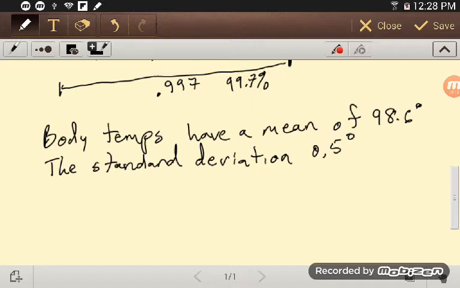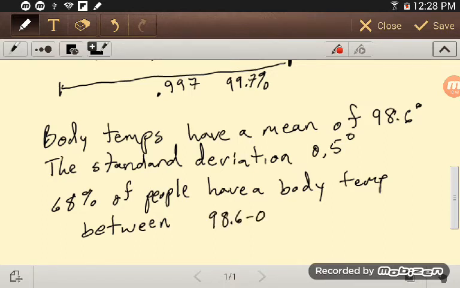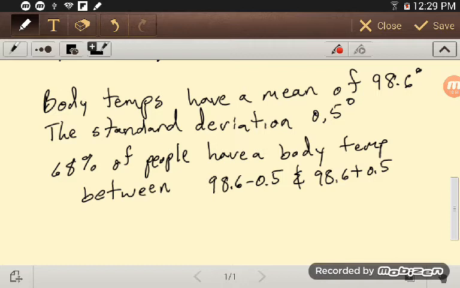Well, then I could tell you that 68% of people have a body temp between 98.6 minus 0.5 and 98.6 plus 0.5. So if I know it's a normal distribution, that says what,